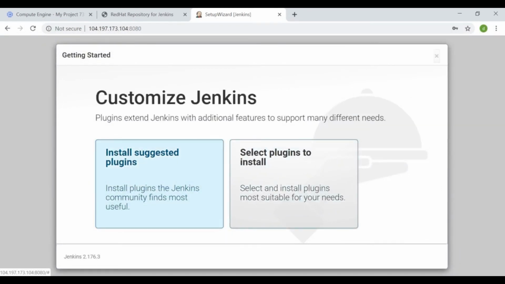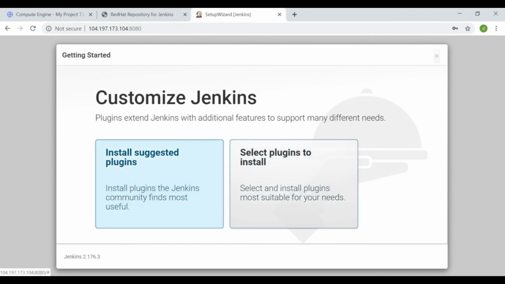So again, this is the first time when you are launching your Jenkins, it will ask you to install plugins. Like we learned, Jenkins is a plugin based tool. Majority of the tasks would be done through plugins. Plugins will enhance and extend the functionality of Jenkins. So we can install some suggested plugins here, meaning more widely used plugins, more famous plugins, or else you can choose your plugins here. So let us go with the suggested plugins.